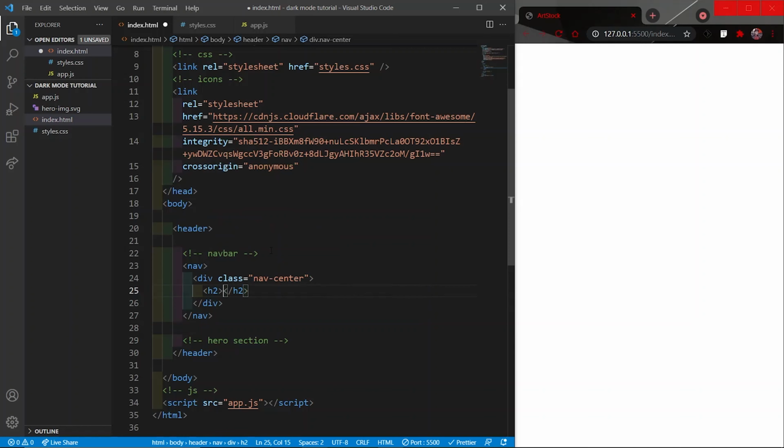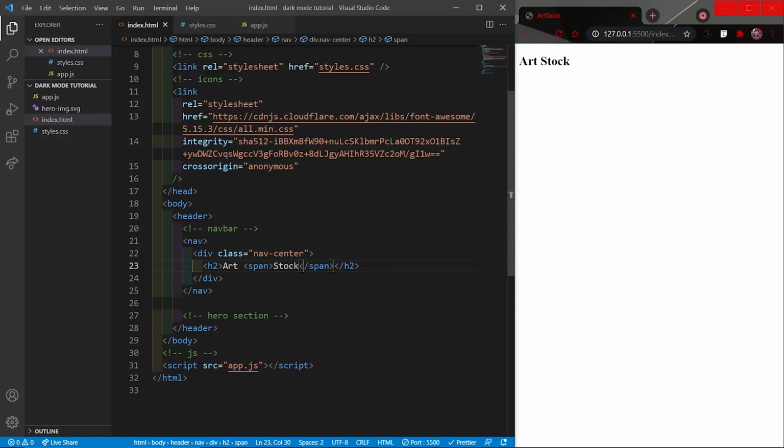One will be our logo that we will put inside the h2 tag, and since I want to color half of the logo in a different color, I will use the span tag and put the second word of the logo inside it so we can style it separately.